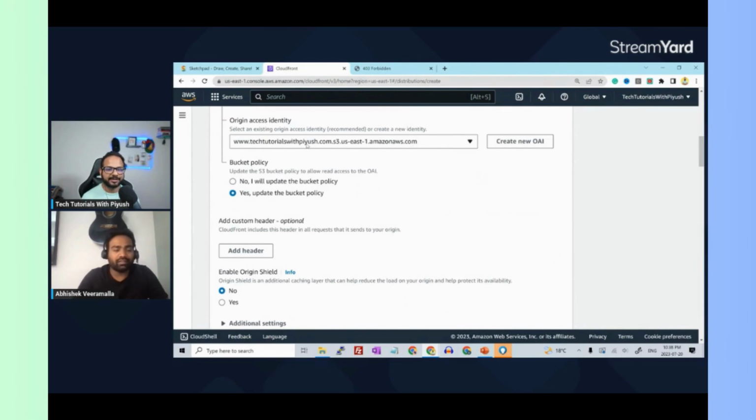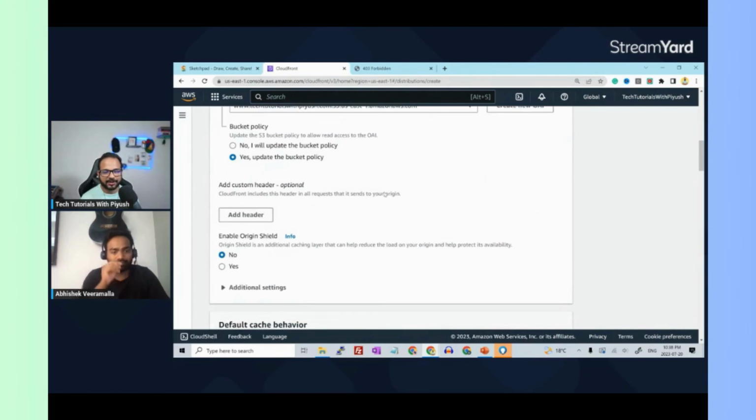I have explained that concept in one of our last videos, how to use bucket policy and only allow specific users to access the bucket. Maybe Piyush will also show us in this demonstration how to only allow this OAI to access the bucket through the bucket policy. Yep, so that's what you can do. So that it's not public, but still your users should be able to access it